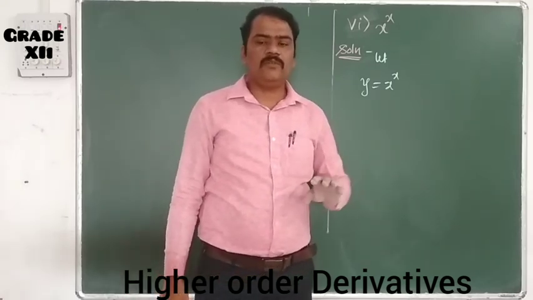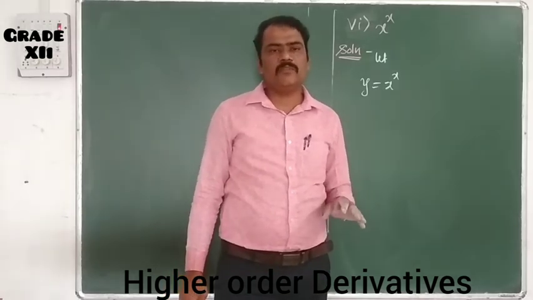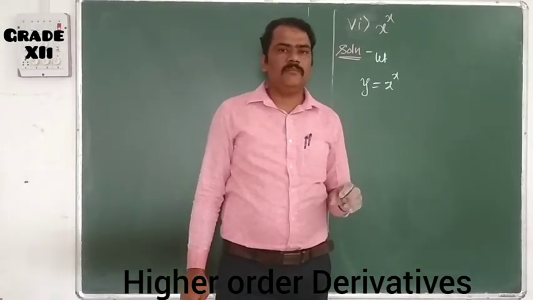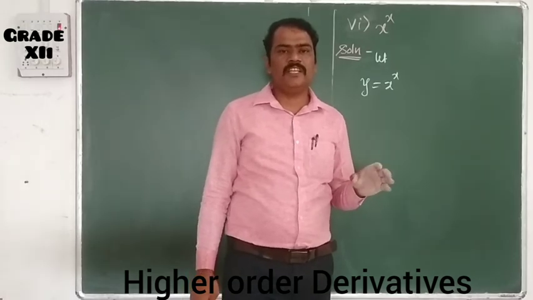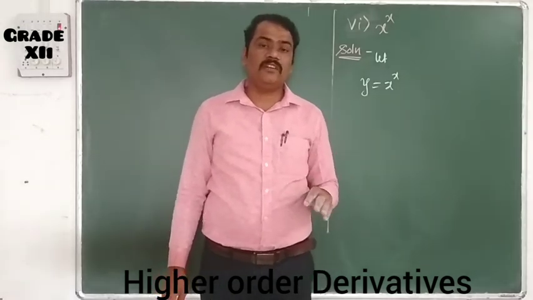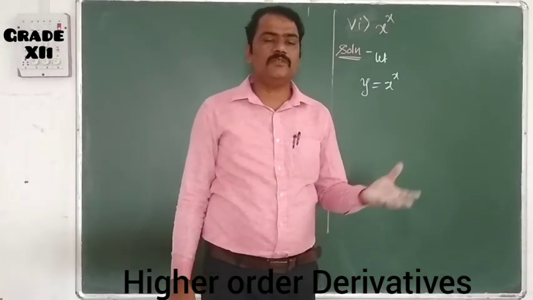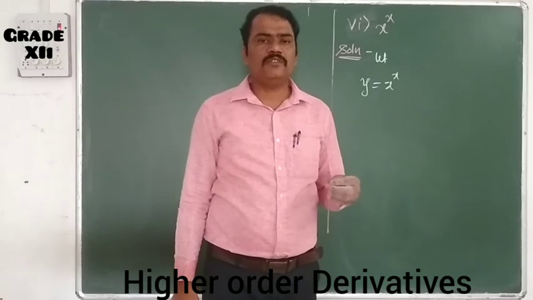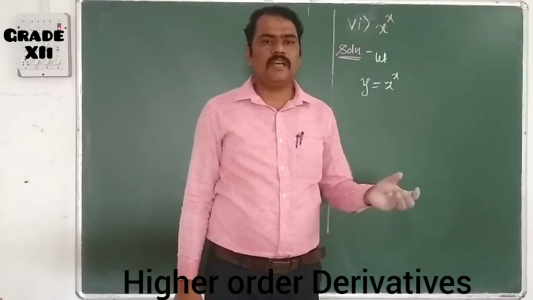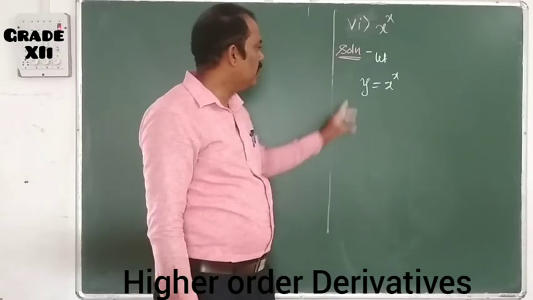Okay, so I told you that exercise 1.4 and exercise 1.5 are more important, because exercise 1.4 is related to derivatives of parametric functions and higher order derivatives. In that, all the types of examples are covered, that is inverse trigonometric functions, derivatives of composite functions. All the types of examples are covered, so these two exercises are more important.